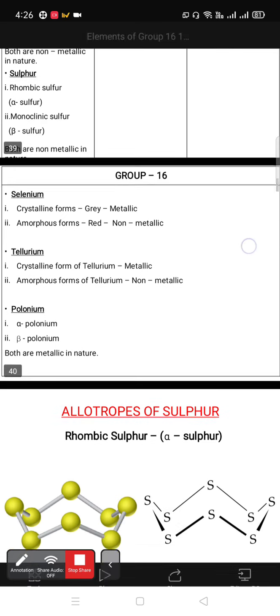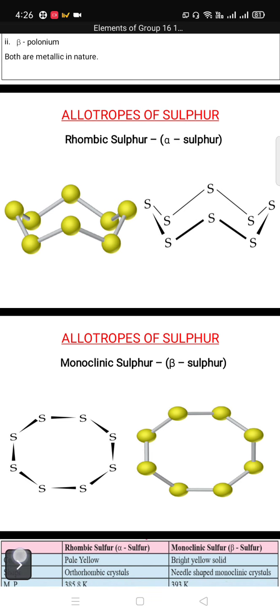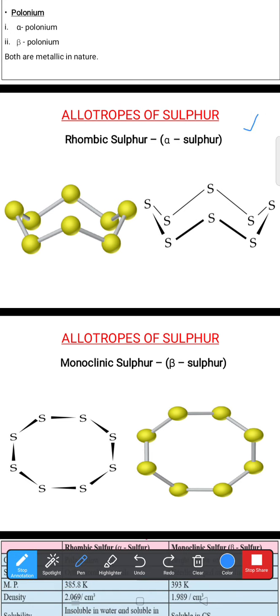of group 16. In the allotropes of sulfur, rhombic sulfur, meaning alpha sulfur, you can see the structure. These 8 sulfur atoms are originally observed in a W form, you may say crown shape. This one, second, third, fourth, fifth, sixth, seventh, and this one 8. So these 8 sulfurs are joined together in a ring. So what does this structure look like? Crown. You may say crown sulfur or rhombic sulfur or alpha sulfur.